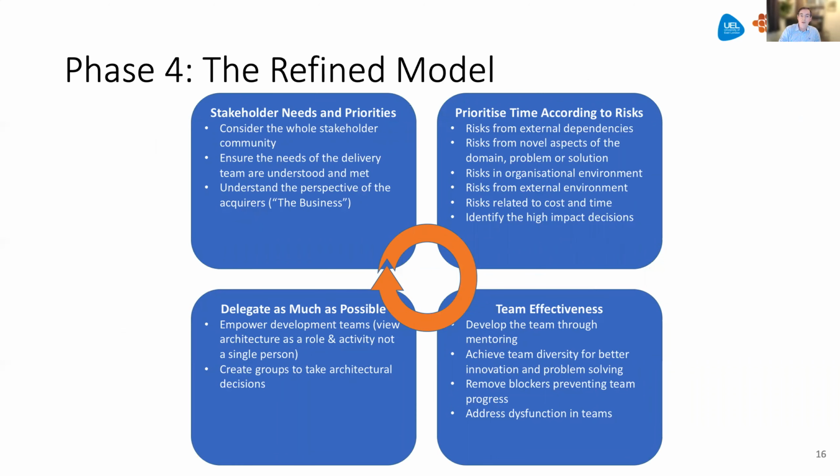So stakeholder needs and priorities is really the same. Delegating as much as possible is really the same. Prioritizing time according to risks has got a couple more risks in it, but it's fundamentally very similar. And there's a new area, which is making sure that your team is effective. And the heuristics people spotted there were: develop the team through mentoring, achieve team diversity for better innovation and problem solving, remove blockers that prevent team progress,